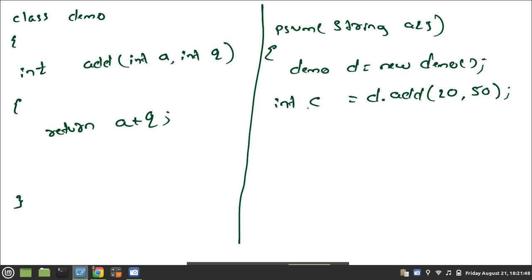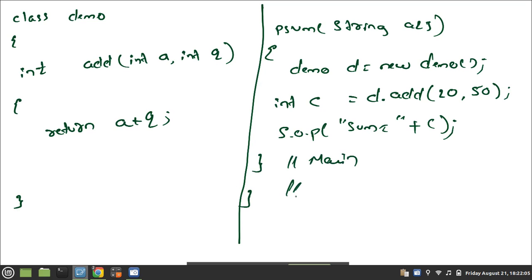Okay, so now I will be printing the value of c, that is SOP sum is equals to plus c. This closes your main and this closes your class, main and class.